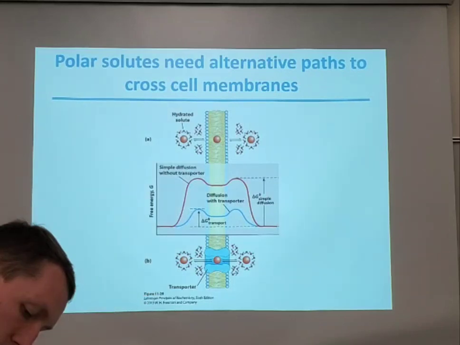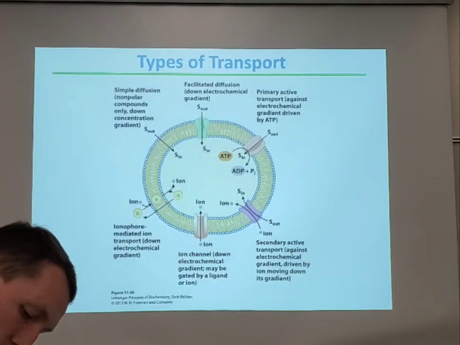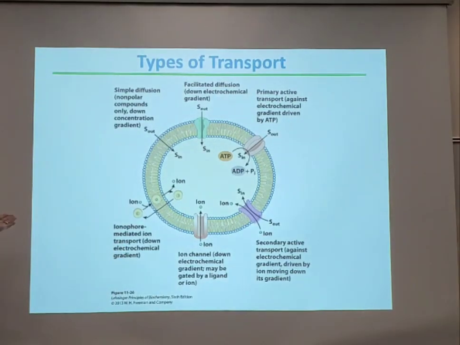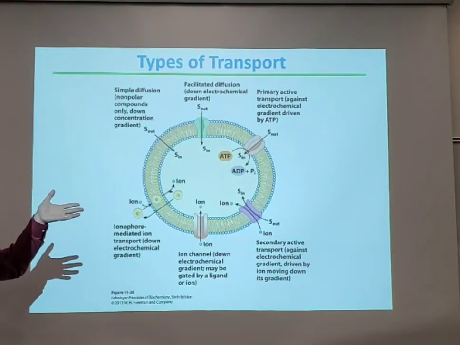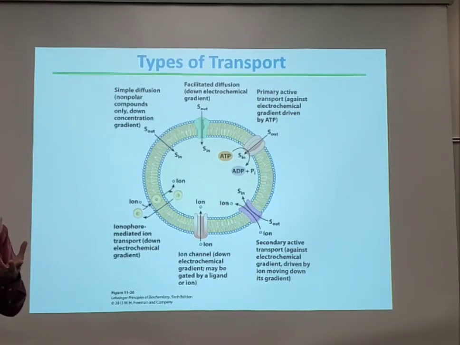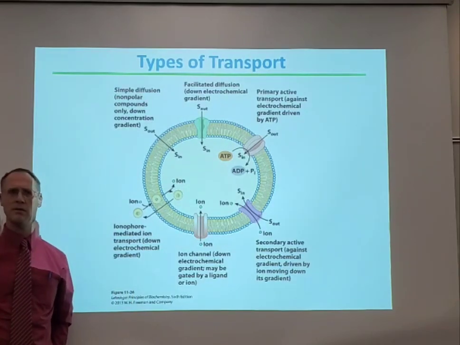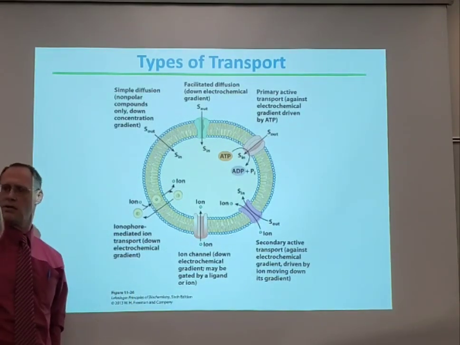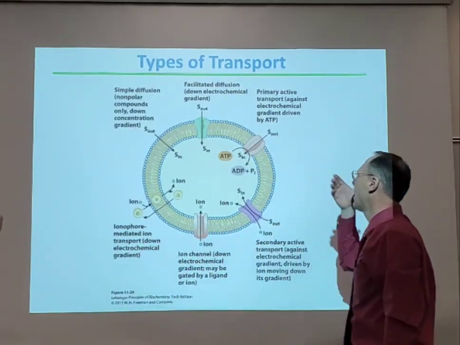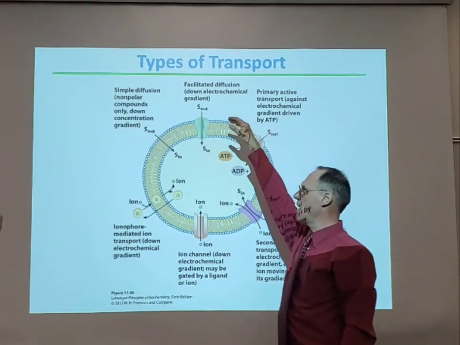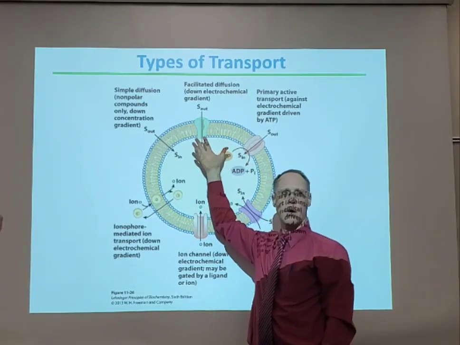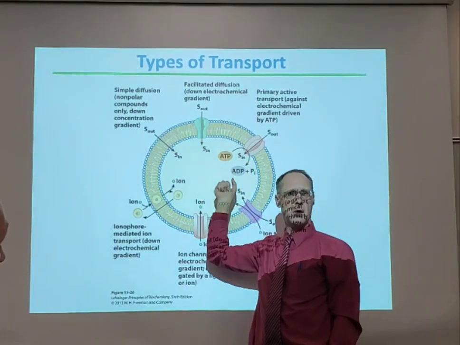Okay, so here are our transporters. We've got to know some things about transporters, and let's see if we can make sense of it. This is so cool, because this is like when I learned in high school things like simple diffusion and facilitated diffusion. What's the difference? One requires a protein that assists it. Simple diffusion is just getting in. Do we have molecules that can just cross membranes without help? We even talked about drugs that could do that. If I'm talking about facilitated diffusion or simple diffusion, which way does it go? High to low. High concentration to low concentration every time.